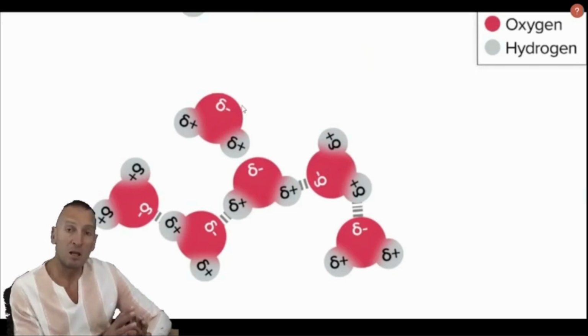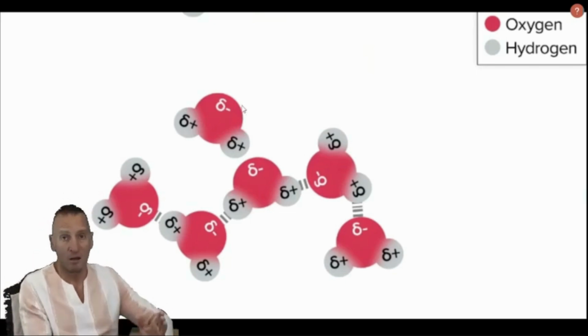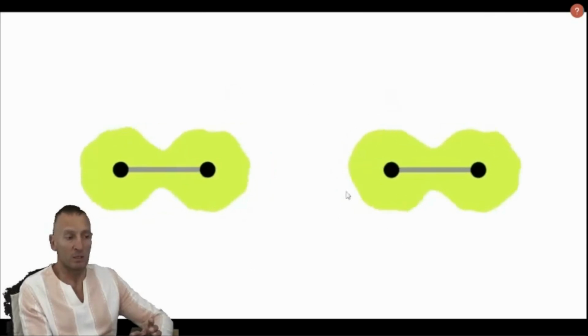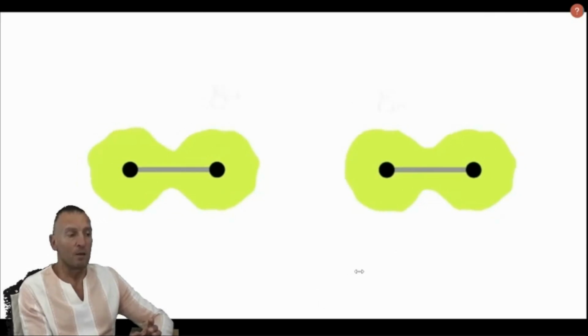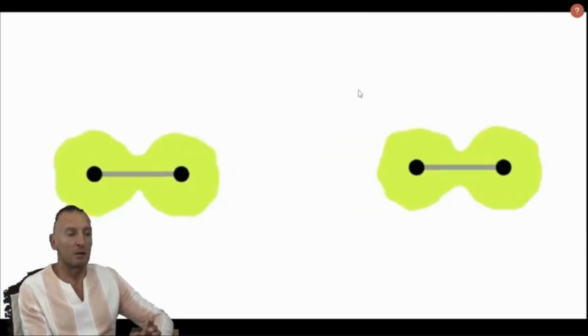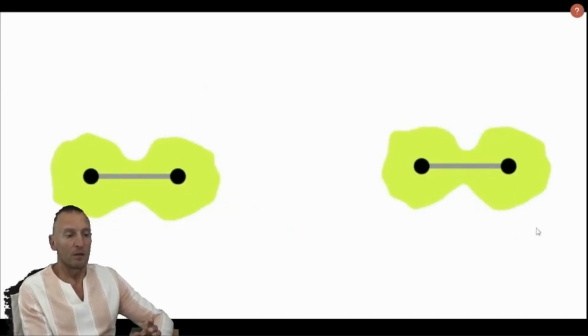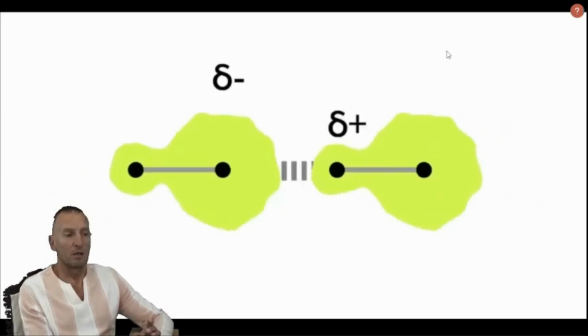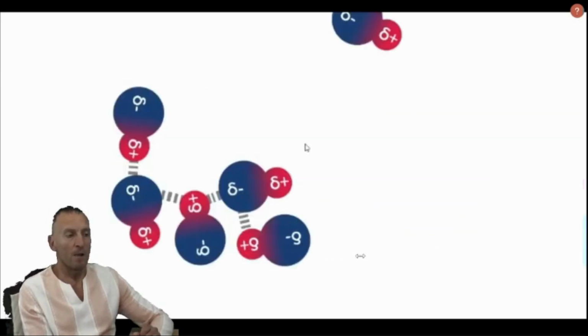We're talking about not atomic connection now, we're talking about molecular connection. And this is called hydrogen bonding. So let's revise it one more time. First, we've got London dispersion forces. When the molecules are not polar, when they get together, they start experiencing temporary dispersion of electrons, and this attraction is called London dispersion forces. One is positive, another one is negative, as you can see. Then the second we've got is